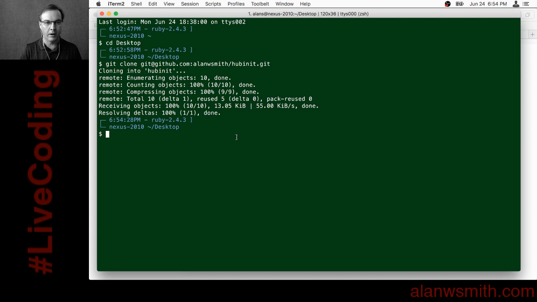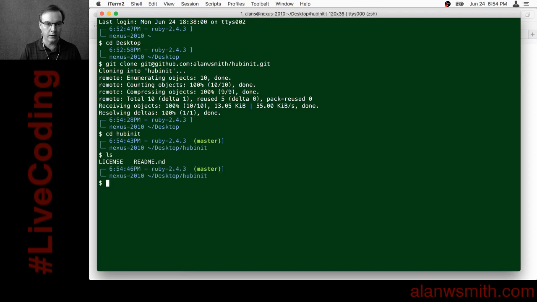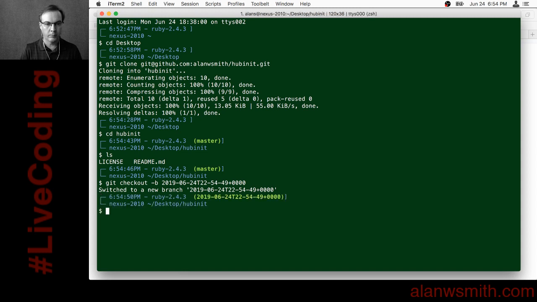That's part of it. But so we go into the Hubinit directory, and the first thing I'm actually going to do is git checkout branch for just a working branch. And then the first thing I'm going to do is